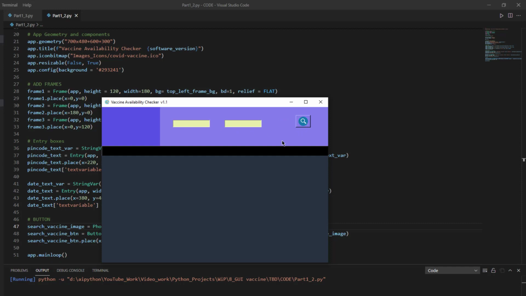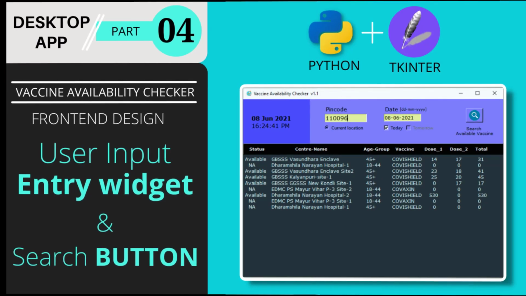And the main intention for this video was to make you aware of how we can create an entry widget and how we can create a button, right? These are just the widgets which are holding a place, and now in the later part of the video we'll be using these widgets in the program so that whatever we enter can be accepted, and when we click on the button it performs a certain task. All right, that's it for this video.